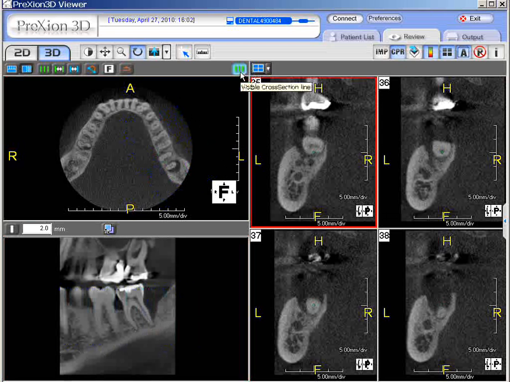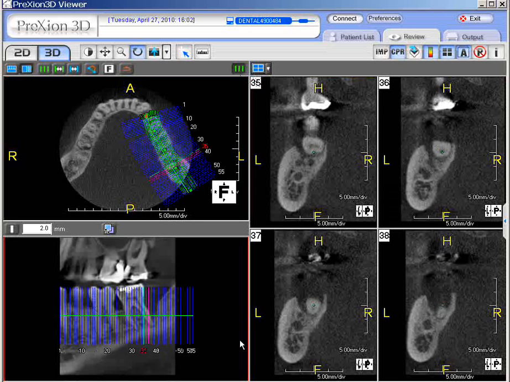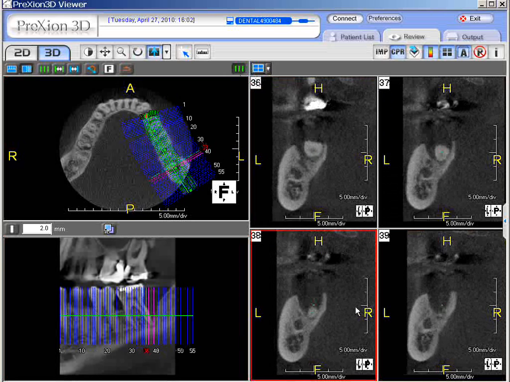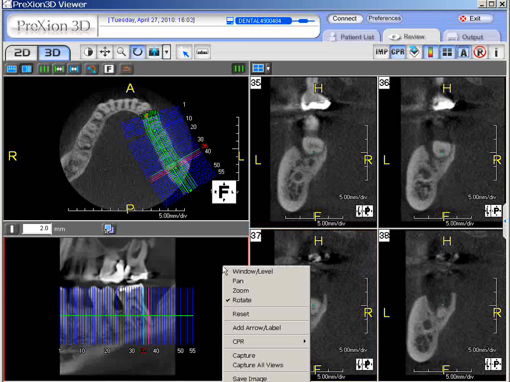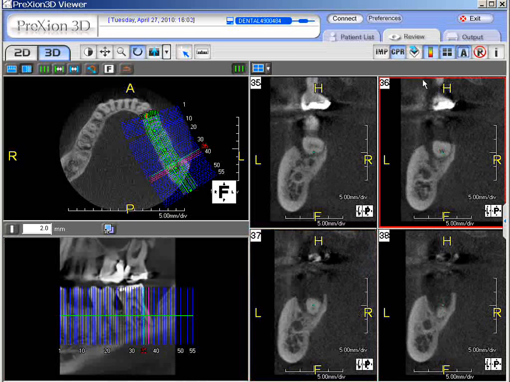So what we've done is we've selected this area, and over on the right side on the CPR function you can see the defect even as we scroll a little bit. So now to save this, there are two methods. You could right click and say save scene. That's one method. The other method is if you come up here to this upper toolbar where it says save scene, just click it